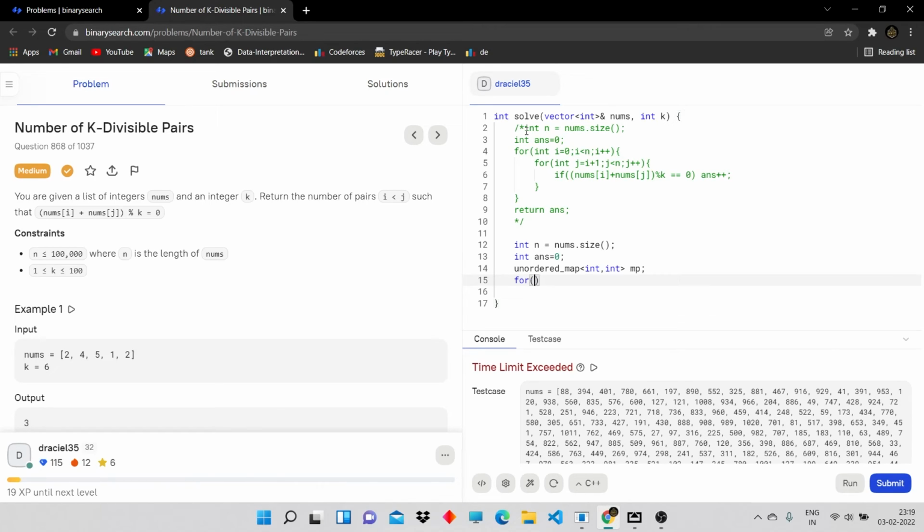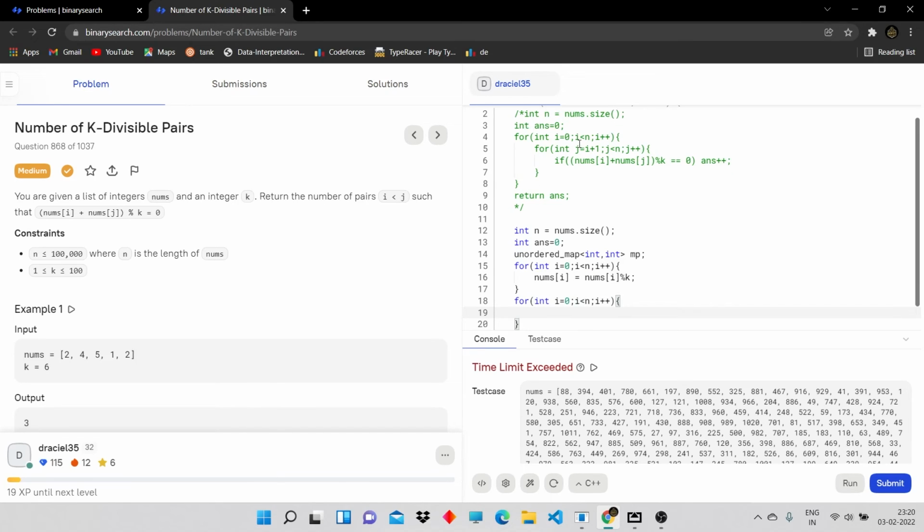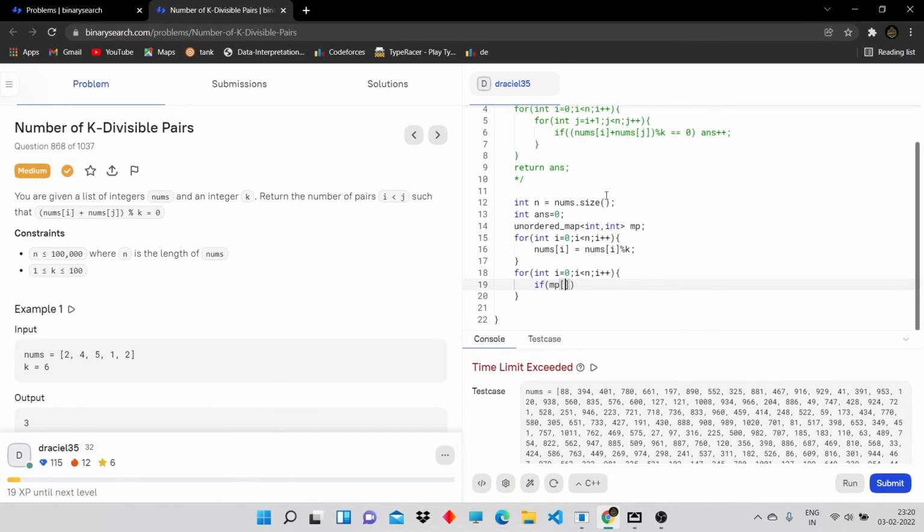First of all, we will replace nums of i with nums of i mod k, and then we will first check if k minus nums of i is present in the map or not. So mp dot find,